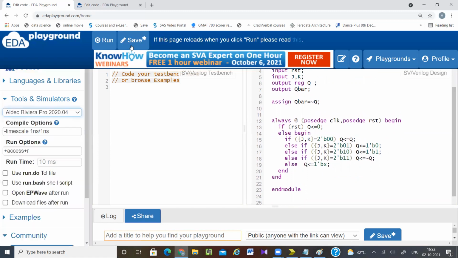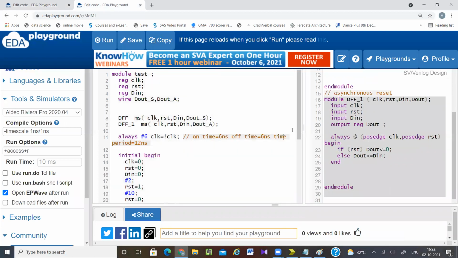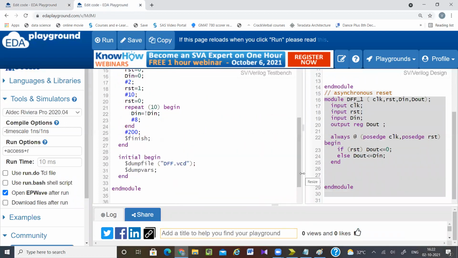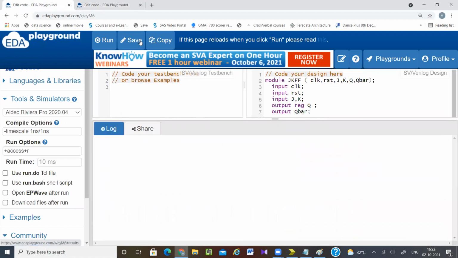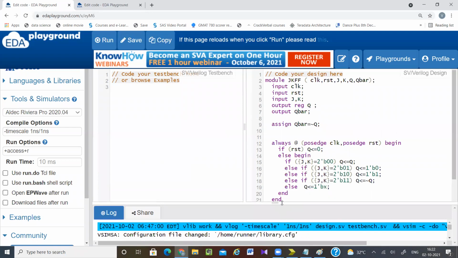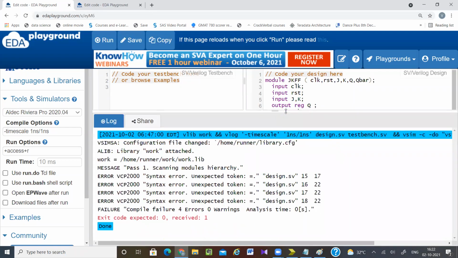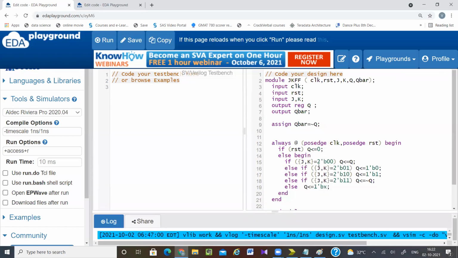So you can write the test bench for it, whatever you have written here. In the same manner you can write, just instead of D flip-flop, you have to generate some values for JK. Okay, so this is all about flip-flop. Okay, so there is some error. What is this error? Sorry. Here I am comparing the things, so here it will be the equality operator.